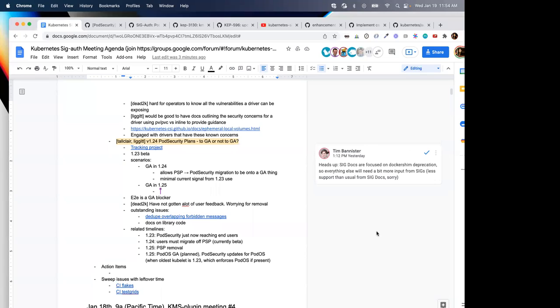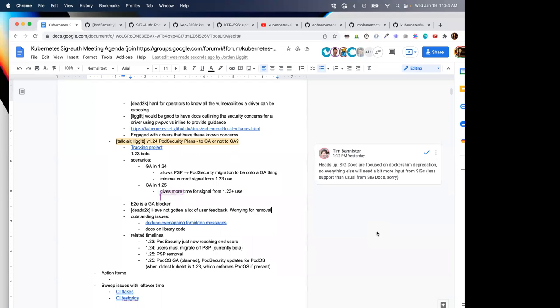So I think it is possible to get feedback without having something on by default. If we look at clusters of people who respond to a PRR survey, for instance, 30% of people turn on an alpha feature in production. So they can find it if they want to. We have not been idle. Turning it on, we found the EDE issue because we were trying it early, pushing things through, seeing what broke.